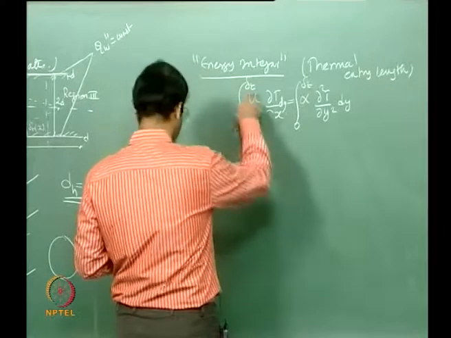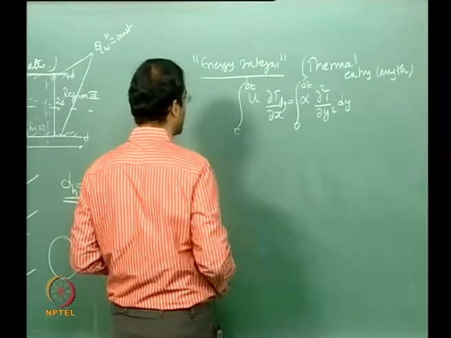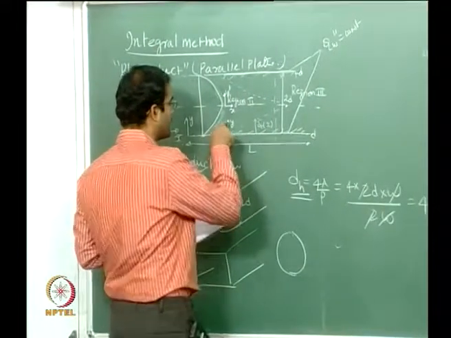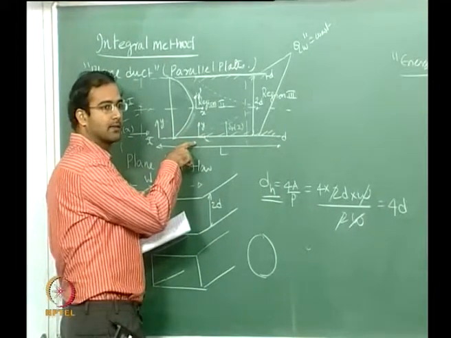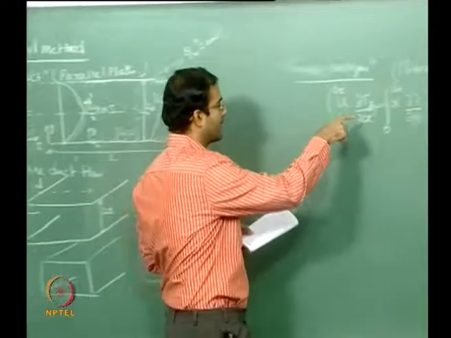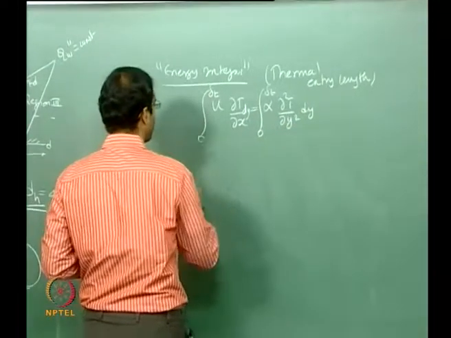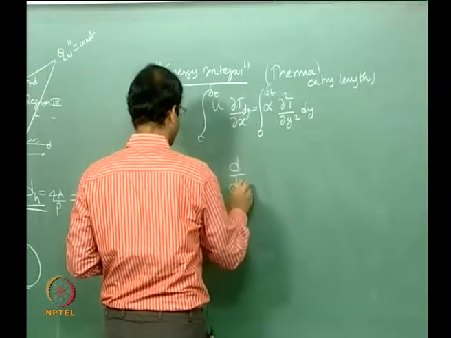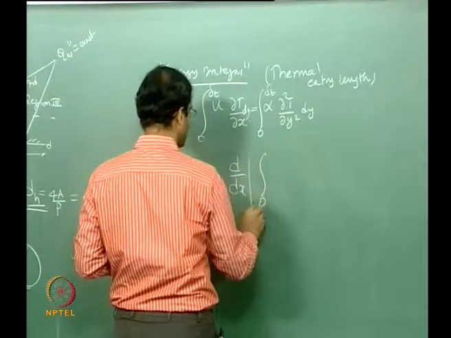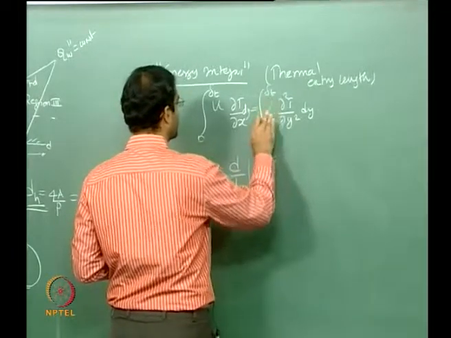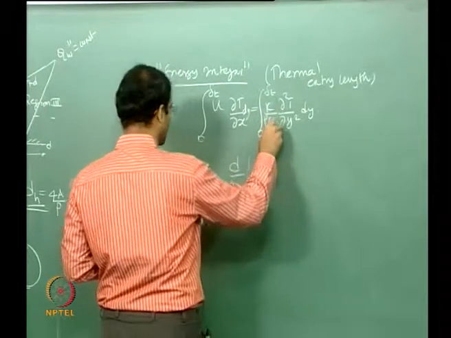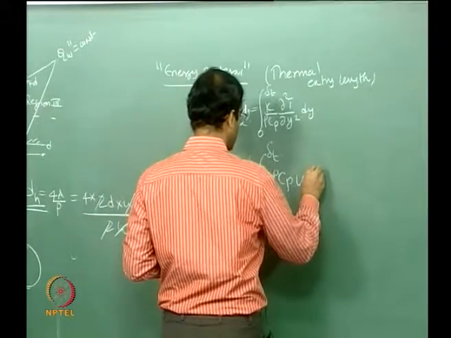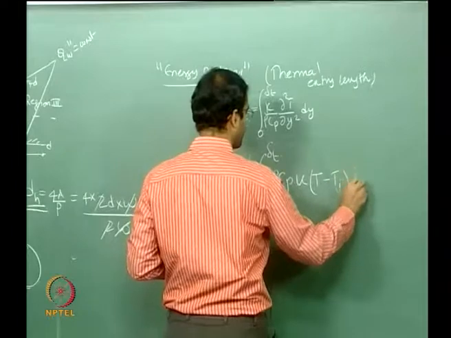So what we will do is now we will first start with the step and we will integrate it from 0 to the edge of the boundary layer. So we will look at the coordinate system of y when we do this integral, not y prime. That is why I have written this as dy. So I can express this as d by dx, integral 0 to delta t. I can write alpha as k by rho cp. I can take rho cp to the left, rho cp u into T minus Ti dy